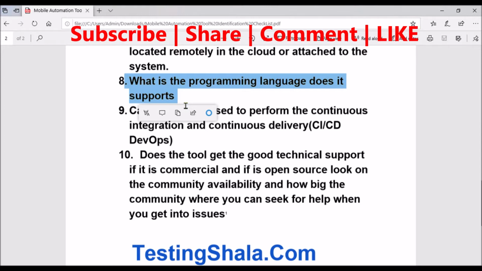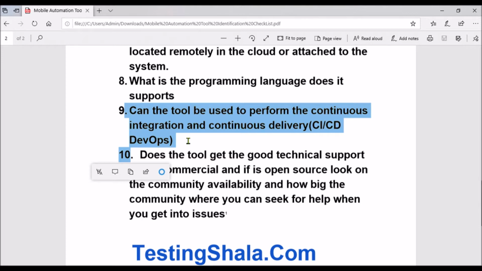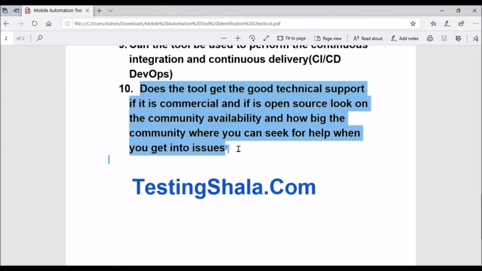So I do recommend that you should all the time identify an automation tool which has a mechanism to script. Do not go for record and playback. That will have bigger challenges later when it comes to maintenance. The ninth is whether the tool really supports continuous integration and continuous delivery. The last important thing which you need to